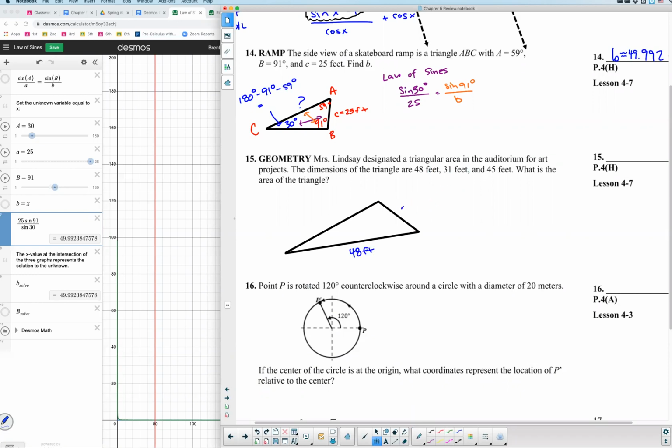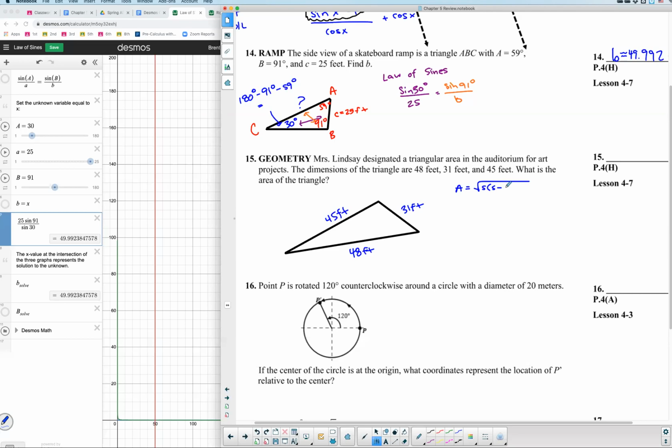My shortest side is 31 feet. My middle side is 45 feet. We want to find the area. Well, I also in lesson 4.7 gave you a formula for this. It's called Heron's formula. And it said that the area is equal to half of the perimeter times half of